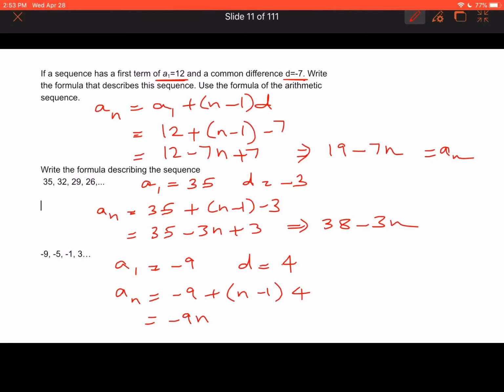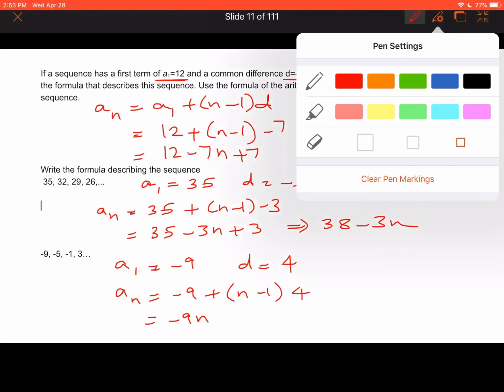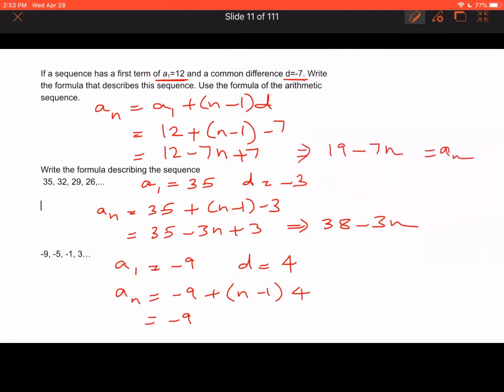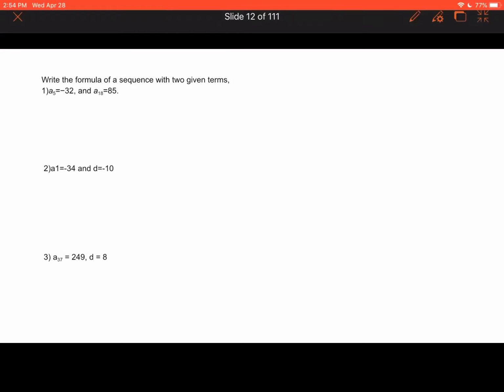So minus 9 plus 4n minus 4, which is equal to minus 13 plus 4n, is the formula for the given sequence. Okay, so now